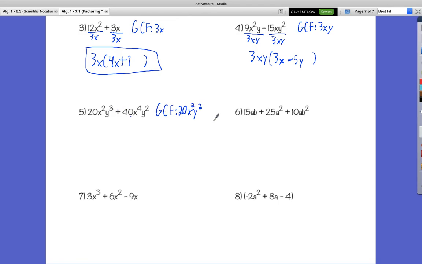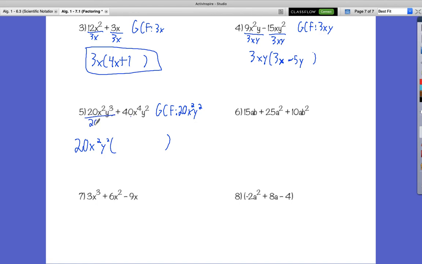So we can factor out 20x squared y squared, because they both have at least an x squared and at least a y squared. We're limited by the least amount that either of them have, which is squared. So now we have our GCF of 20x squared y squared,